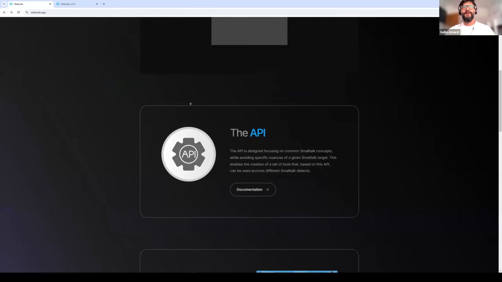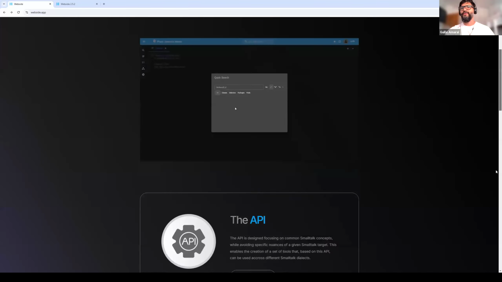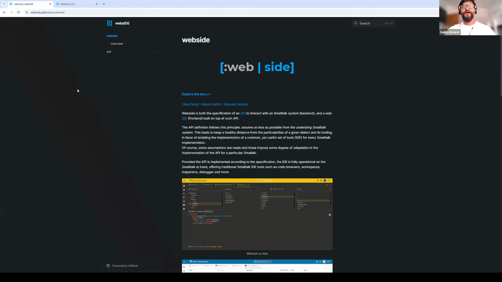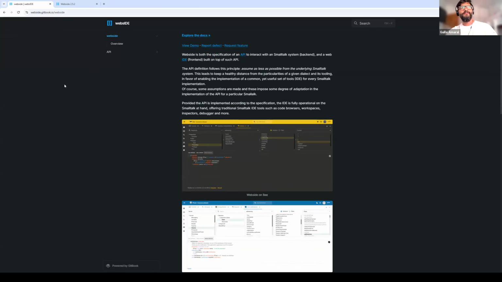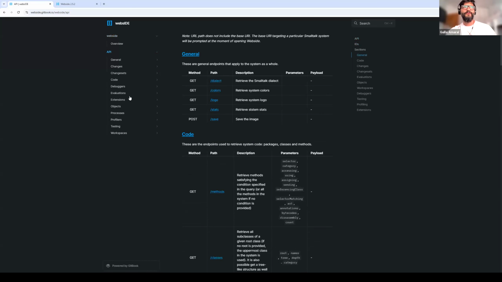Well, this is some sort of landing page. I just wanted to show this because, besides the public repo, there is this Gitbook documentation where the API is well documented. So I mentioned that because